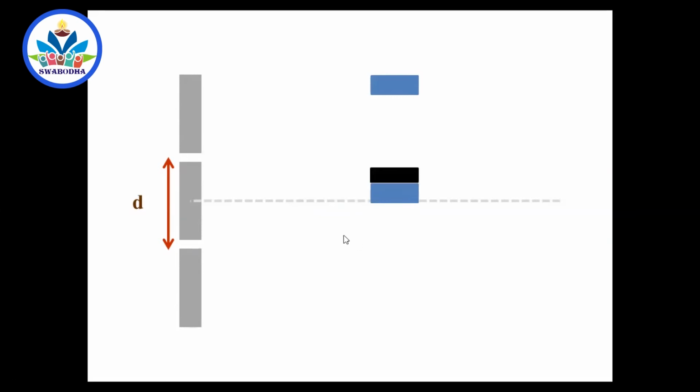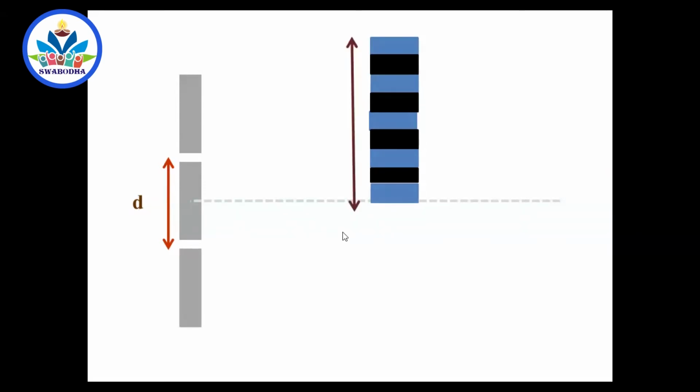What about the next? Dark, next blue bright, next dark, next blue bright, like this way, right? So you will get bright blue fringes. This is the 0th blue fringe, because the central bright fringe is always bright, it has no dark fringe at the center. This is the 0th, this is the first bright blue, next bright blue, and so on. What is the number now? This is only an example I am explaining. This has nothing to do with the problem. Only the idea for the problem you have to take from this, not the numbers I use to explain.